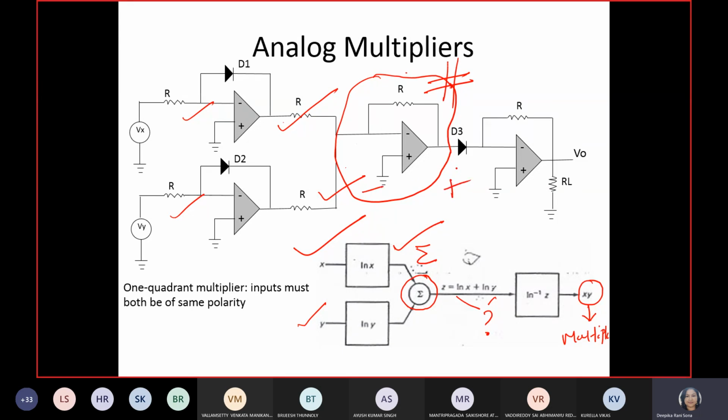Okay, so in this way only we have to implement the circuit, and the last one is the anti-log amplifier, this part. Okay, that's all about log amplifier, guys. And whatever the homework or questions are given in the notes, that's what I'm going to upload for you. You just practice all those things, right? And in the class also we have done some examples. You just try once again.